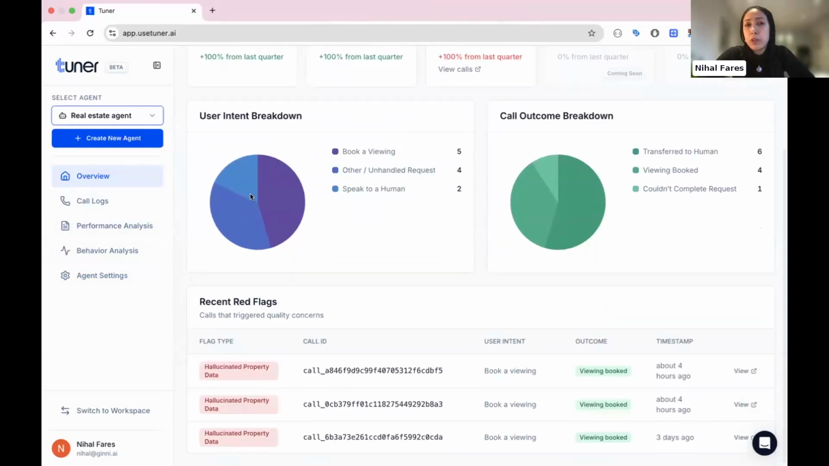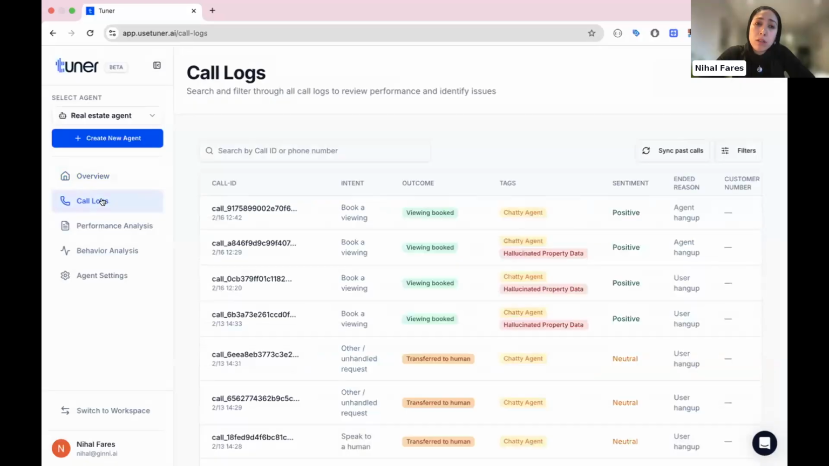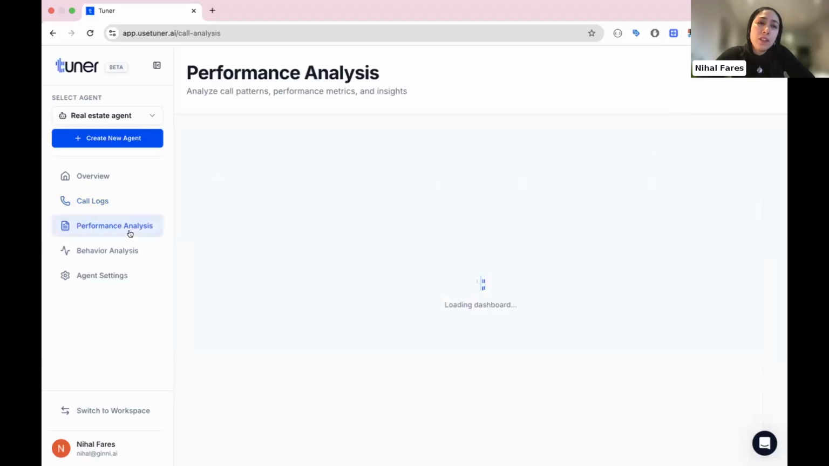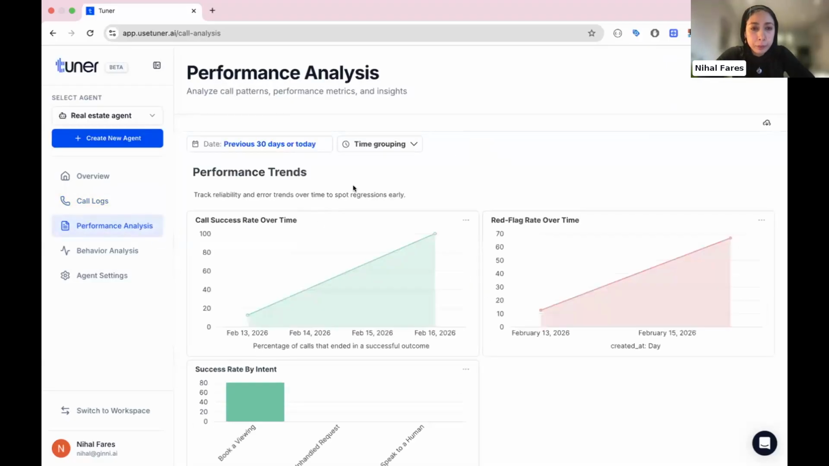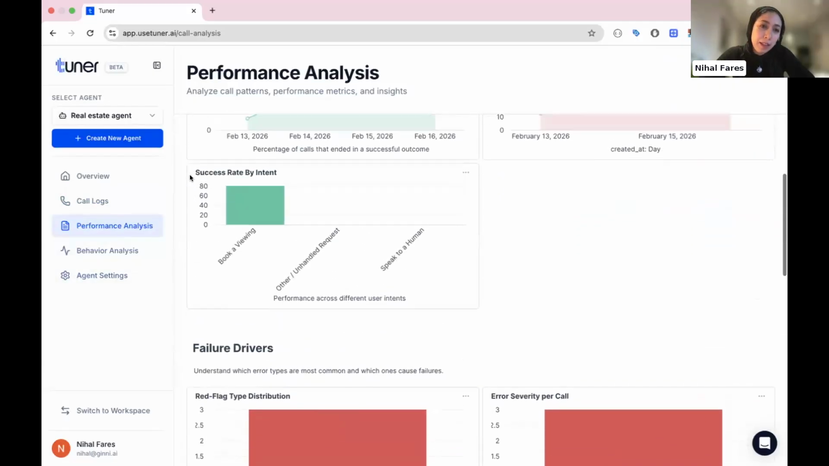So this is the overview dashboard, a snapshot of everything that is happening. And then you have the call logs. You can see everything that you push to Tuner. Muhammad will tell us more about how you can push calls to Tuner. You can filter by a lot of criteria. Then you have the analysis. I'll also walk you through the analysis more after we understand how we can set up an agent and how we can apply the frameworks and the concepts that Mai